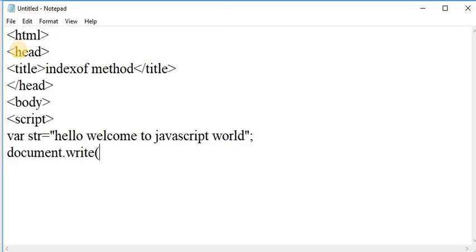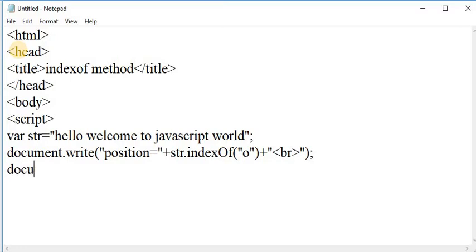Here document.write position is equal to, here I am passing str dot indexOf. First of all I am passing a single character, finding the position of O, and here using the break tag because I am again printing the positions or finding the index of a string also.